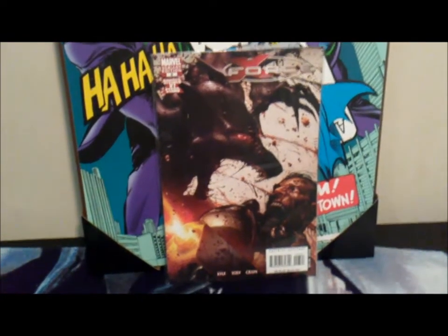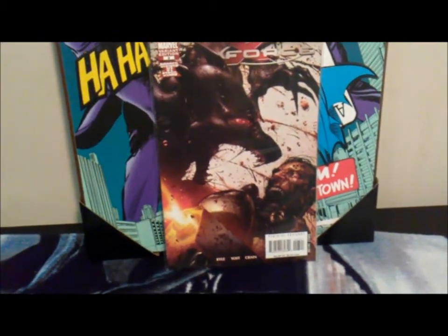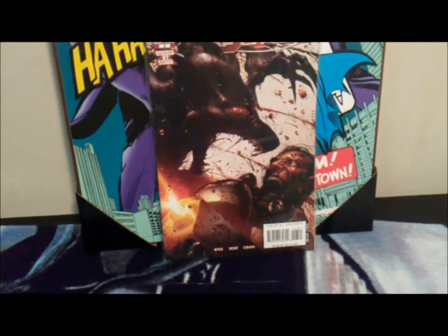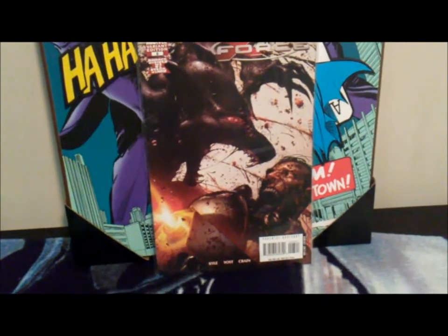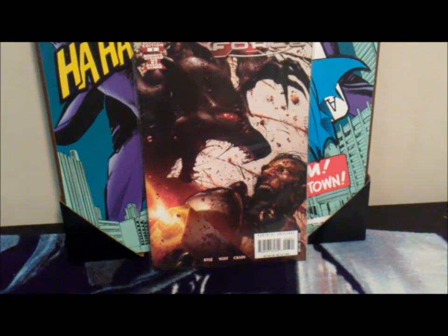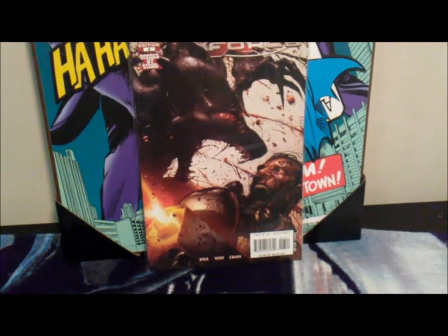And I think that is Rain Sinclair. And who is that? Is that William Stryker? I think that might be Reverend William Stryker, which is pretty cool, man. So definitely love this Blood variant. Had to have it. Clayton Crain cover. Definitely. And not only did I see #3,